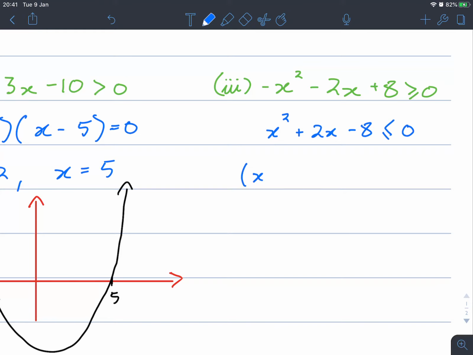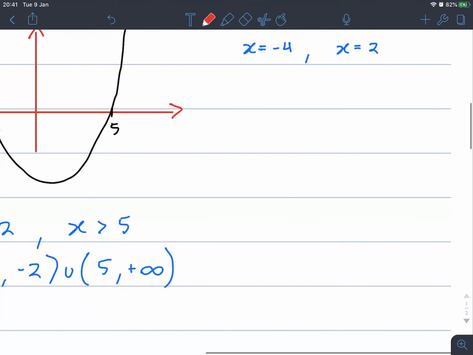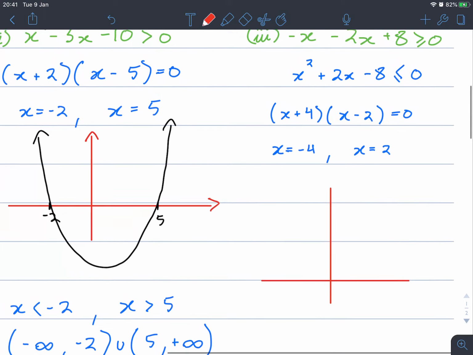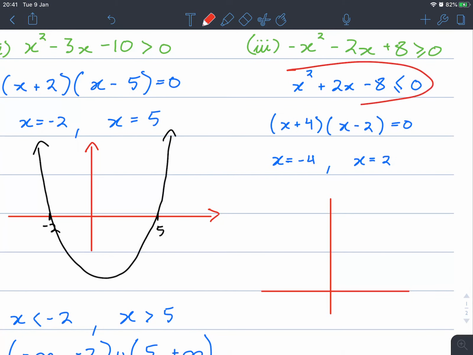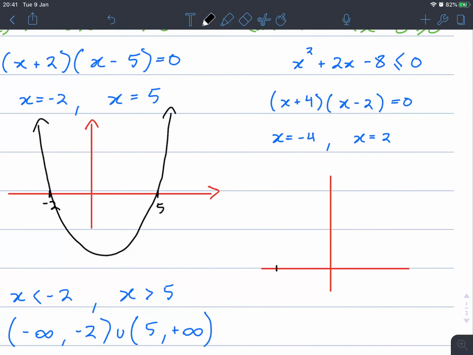So factoring this, we get (x plus 4)(x minus 2) is equal to 0, giving us the roots of -4 and 2. Doing a rough sketch of this. So now, if we sketch this one out from -4 to +2,